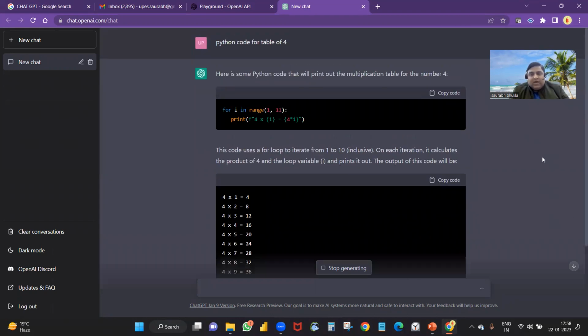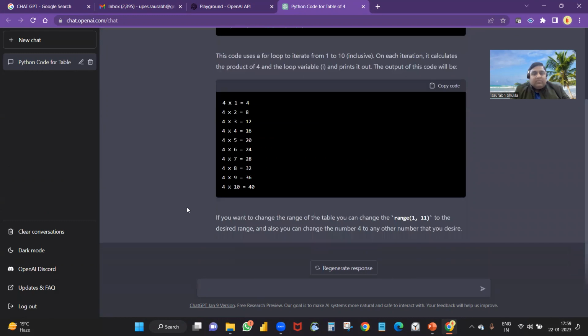Okay. So what you can do is copy this particular code from here and paste it in your Jupyter notebook. Instead of 4, you can write anything you want. For i in range, you don't have to worry about the for loop, the indentation, or which kind of brackets you want. You just write here that, okay, I want the table of 4, and it will give it to you. Okay, let's say I want